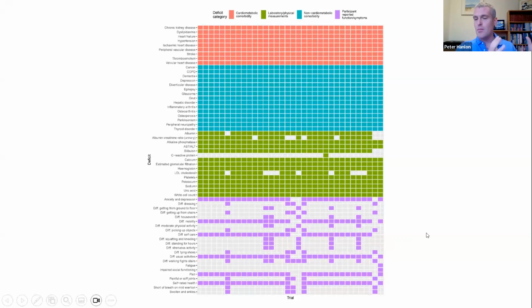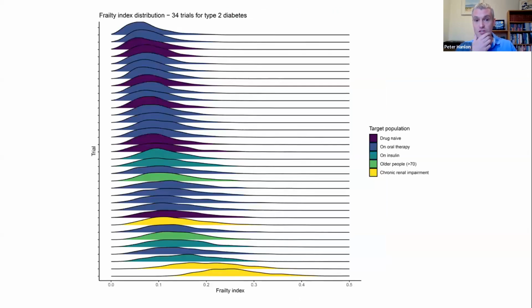So about two-thirds of these trials didn't collect anything really on people's physical function, that kind of stuff. These ones did, but collected it fairly variably, and the questionnaires they used were different. But what was quite tantalizing in terms of the MLTC thing is that the comorbidity stuff was quite widely collected, and it included non-cardiovascular comorbidities across many of the trials that we had access to. We were able to construct a frailty index for these trials.